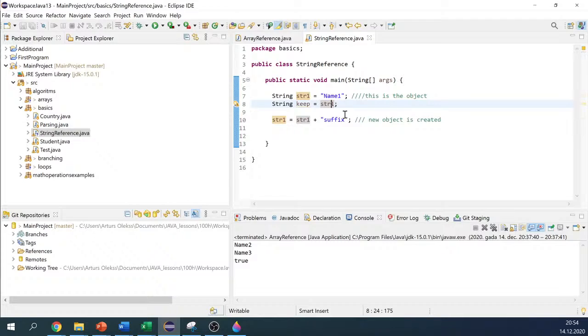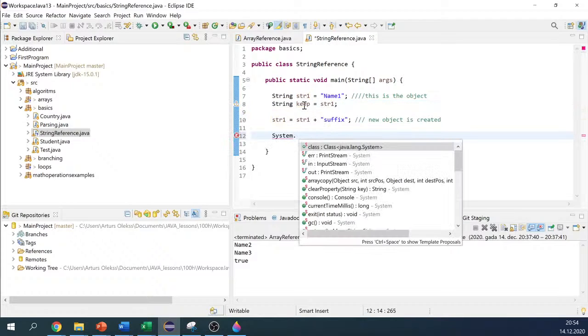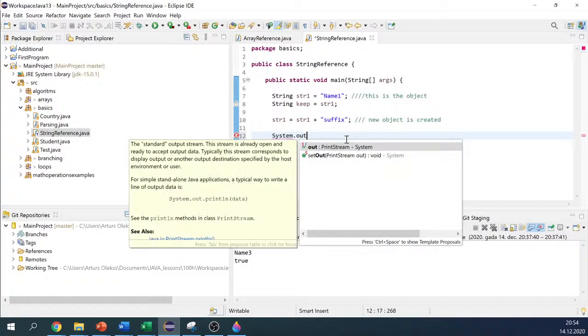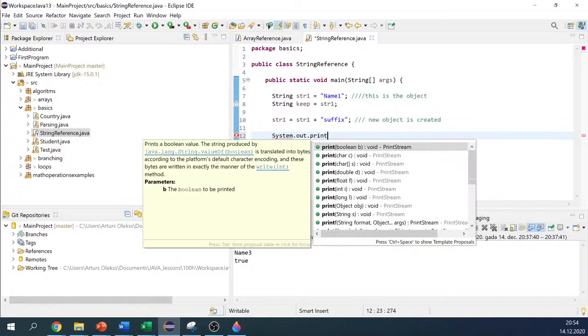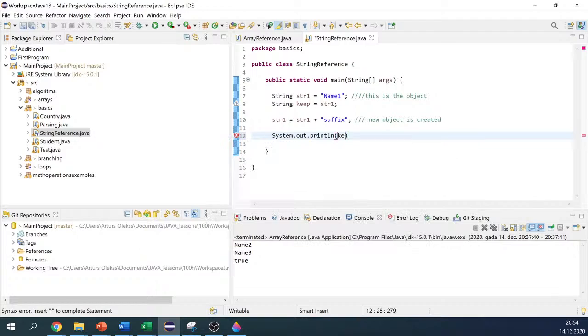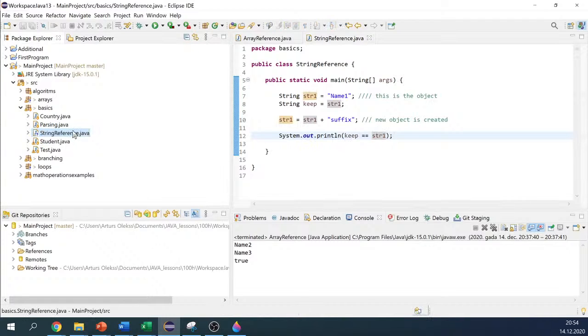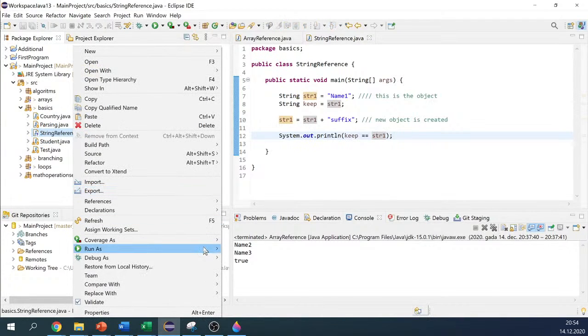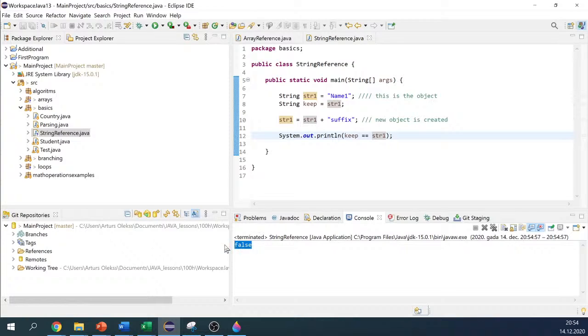Yeah, and now let's check if keep equals string str1. So now, using our favorite comparison operator, we can check if keep equals str1, and this is false. This is false despite the fact that, as we can see, we assigned the str1 string to the keep variable,